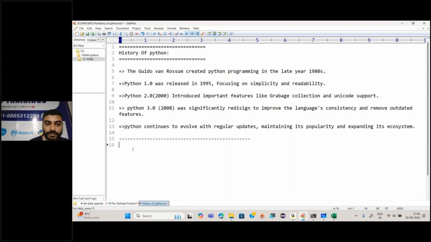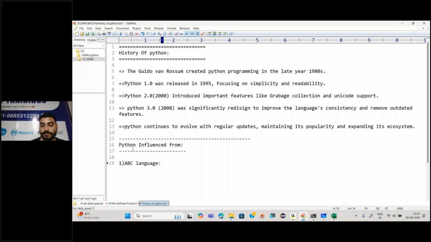Right. So Python got influenced from several languages. What are the languages Python was inspired by, or I would say influenced by? Let's start with this first. First, that is the ABC language.